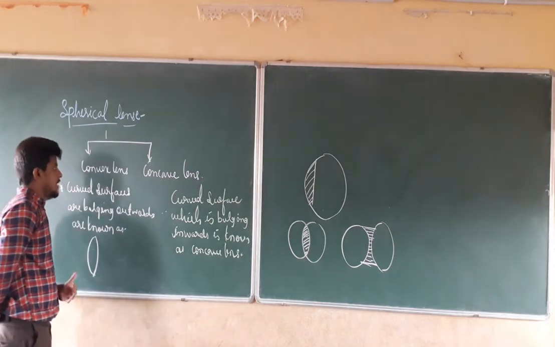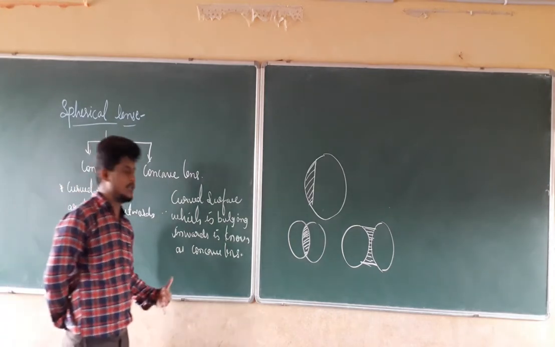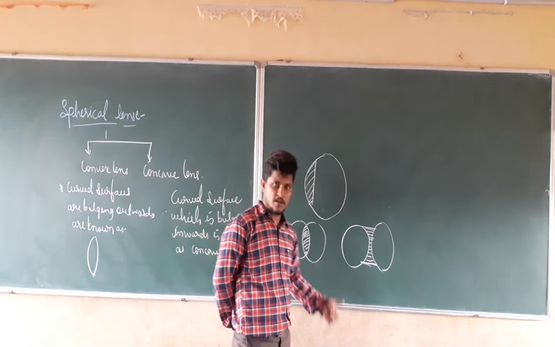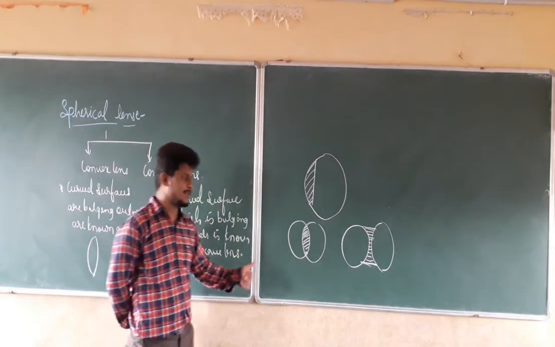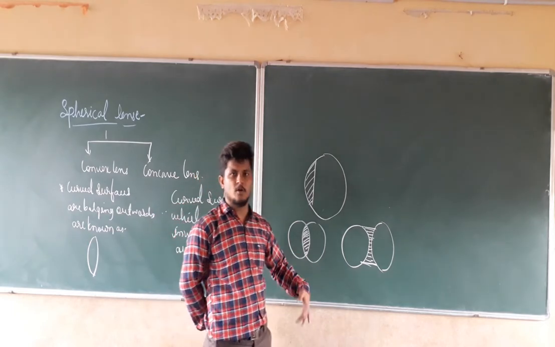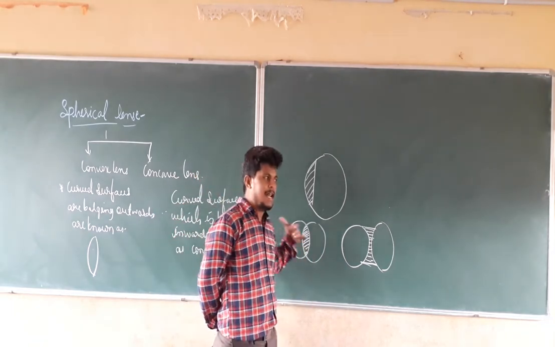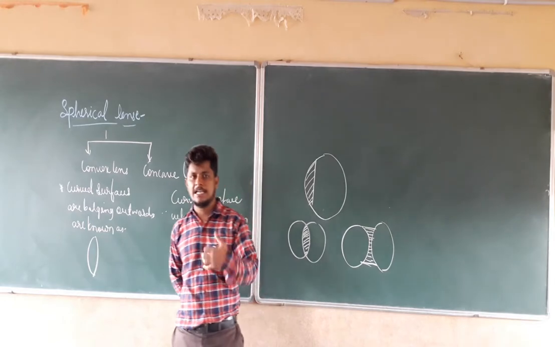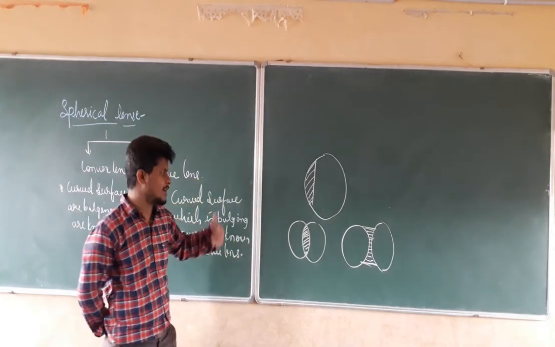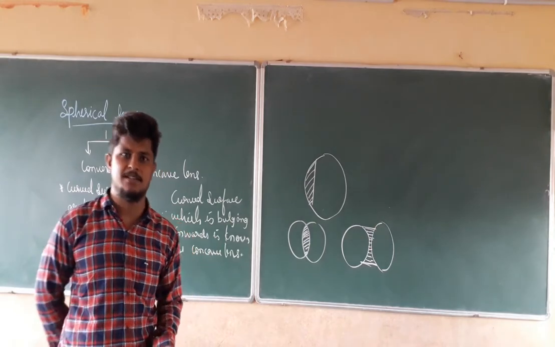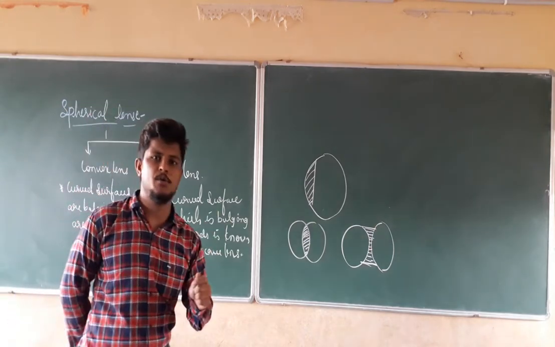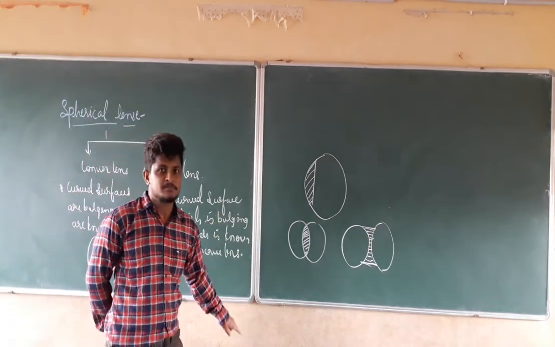In the same manner, we are going to study the convex lens as well as the concave lens. We are going to study the ray diagrams of the concave and convex lenses, and the image formation by these lenses, which we will discuss in the next class. So get ready with your compass, scale, and lead pencil, so that we can draw accurate ray diagrams.